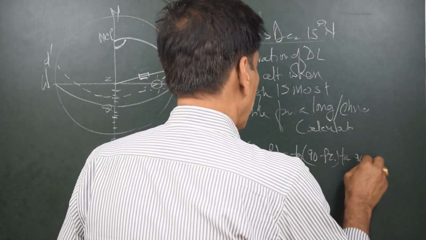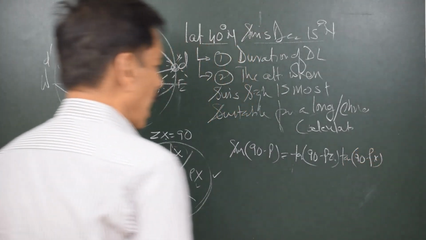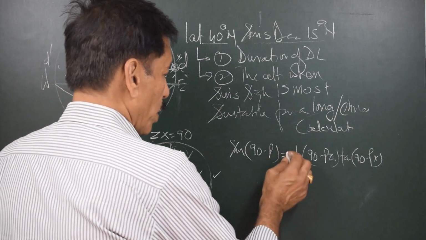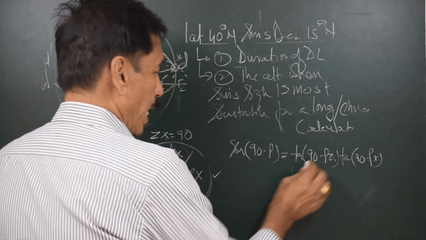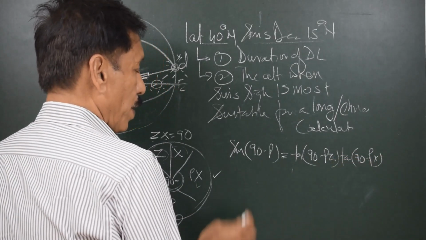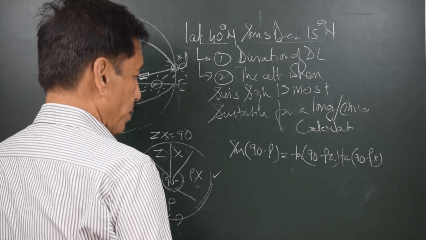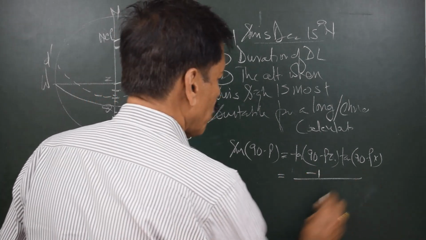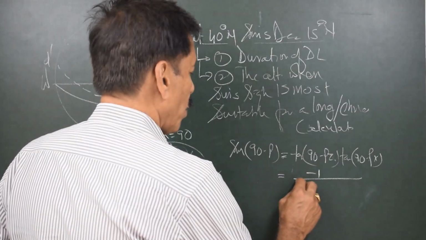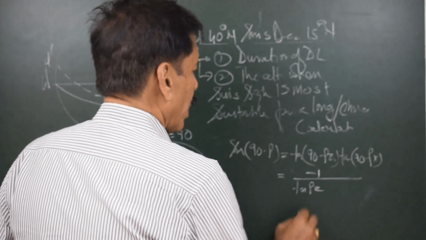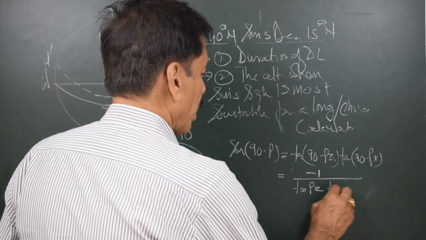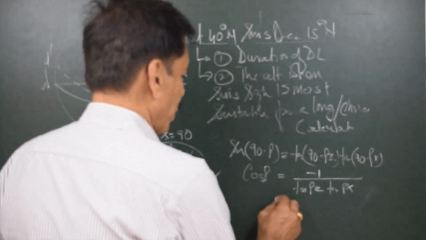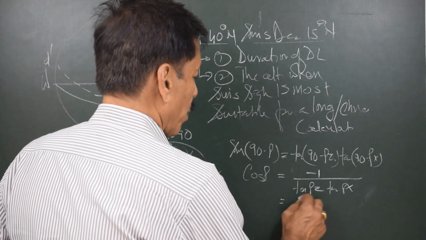tan 90 minus PX. But because a side was 90, if on the right hand side we have both the parts as sides or both the parts are angles, then we need to introduce a negative sign. And therefore the right hand side can be written with a minus 1 introduced. Tan 90 minus PZ is 1 upon tan PZ. Tan 90 minus PX is 1 upon tan PX. And this is cos of P is equal to minus 1 upon